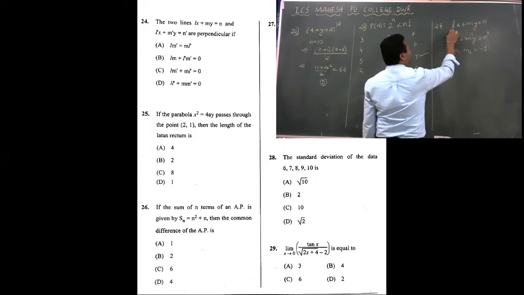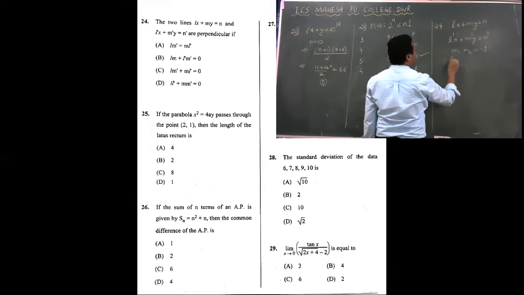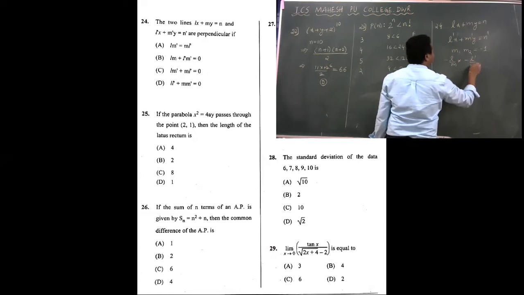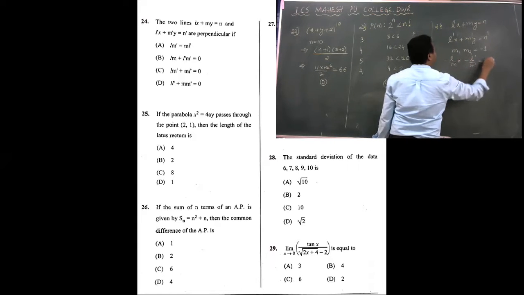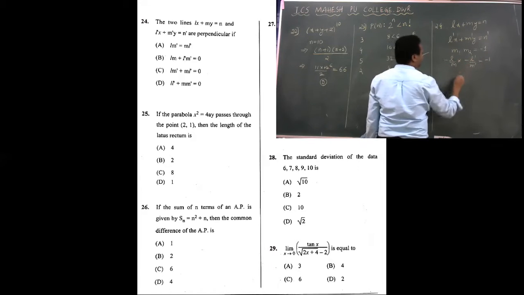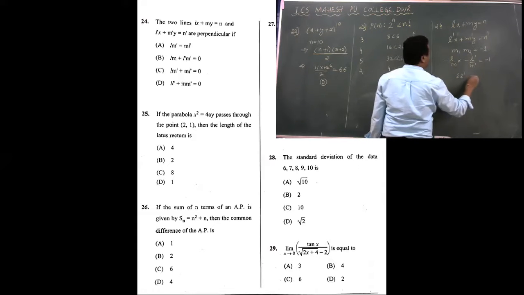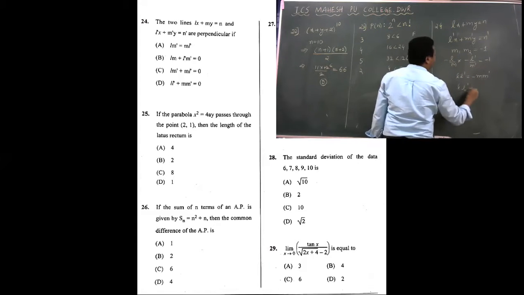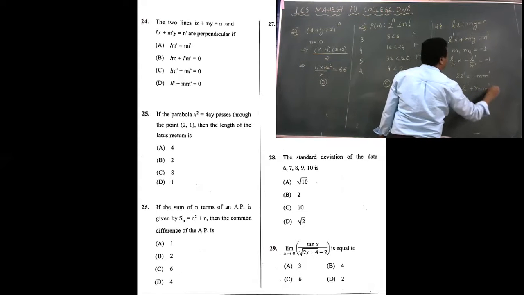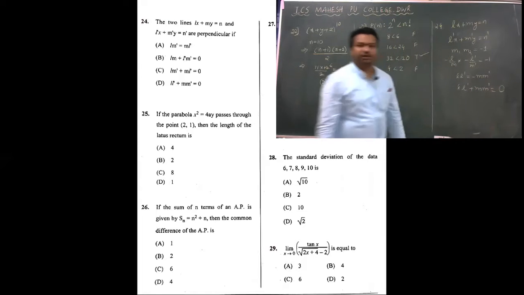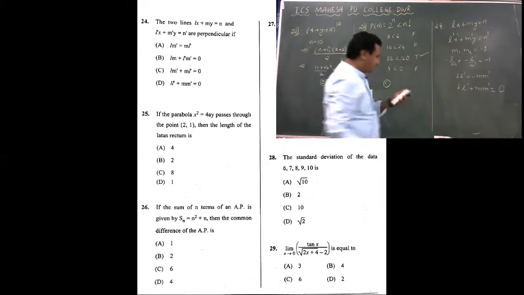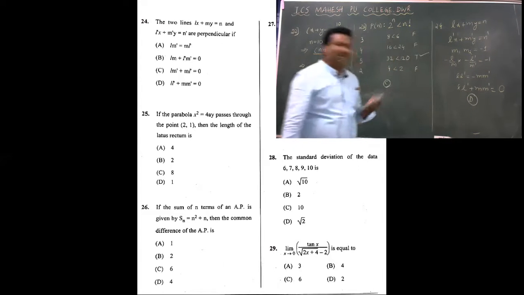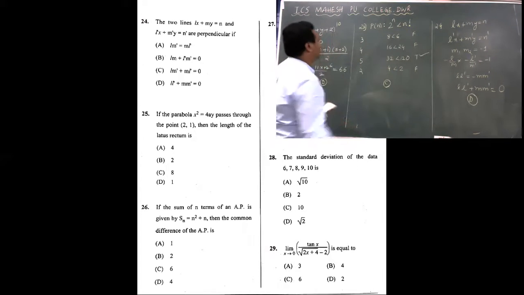So what is the slope of the first one? Minus a by b. Second one, minus a by b, which is equal to -1. So minus into minus is plus, L dash is equal to minus of M dash. Or what we can say, L dash plus M dash is always equal to 0. Hence, what is the right choice in this case? I think we should go with option D. Option D is correct. Clear?